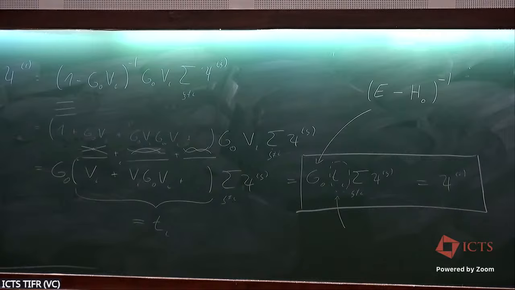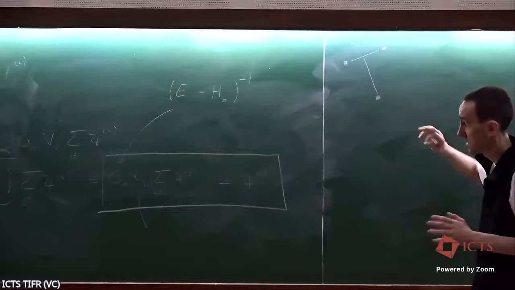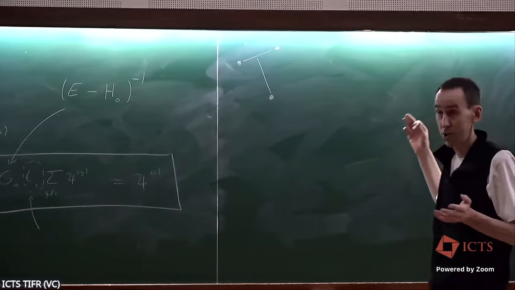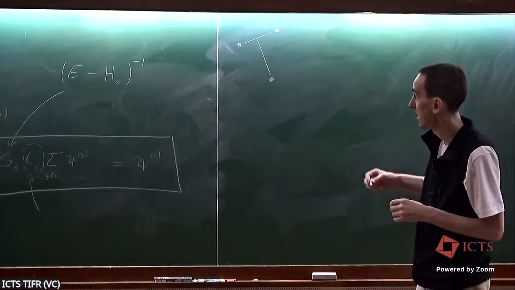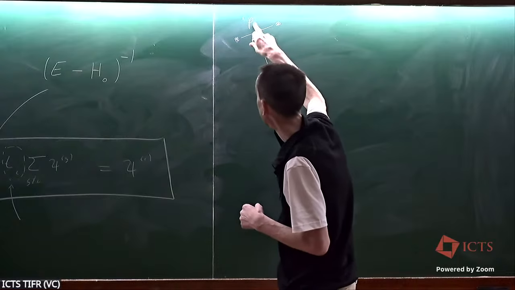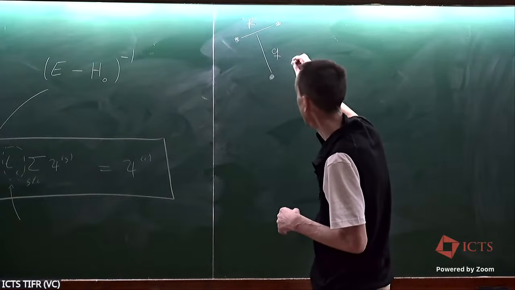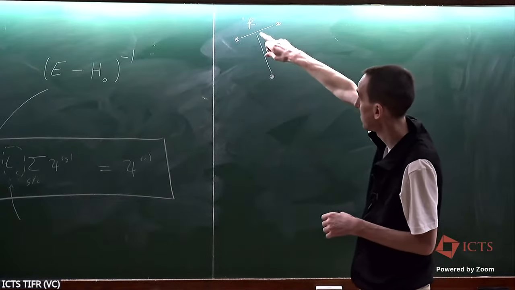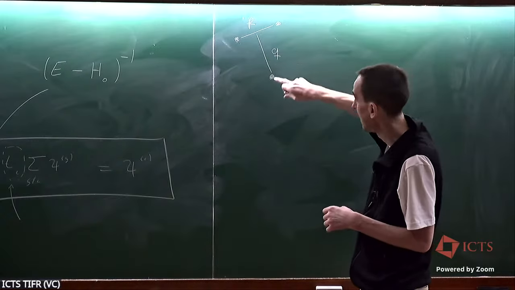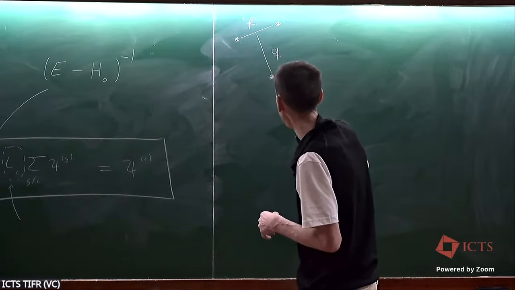And for three particles, a very convenient choice of coordinates is not single particle coordinates, but so-called Jacobi or relative coordinates, where I have a relative momentum p between two particles and a relative momentum q between the center of mass of the interacting pair and the spectator particle. And in that representation,